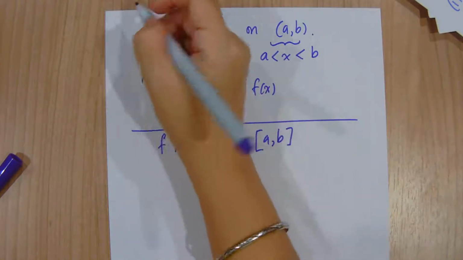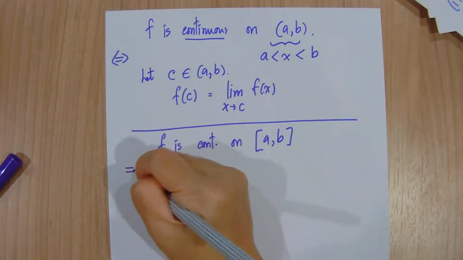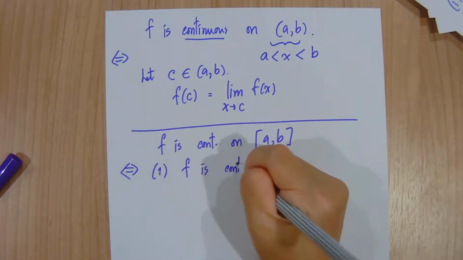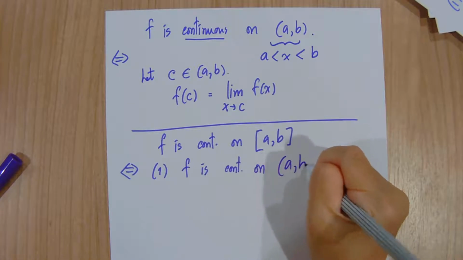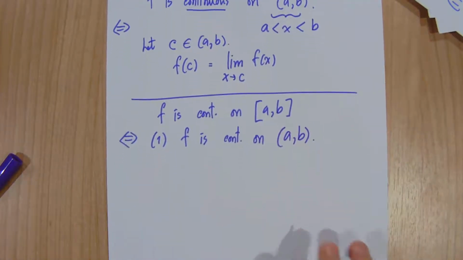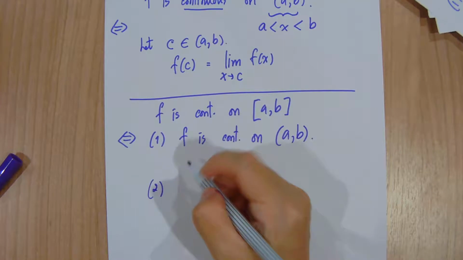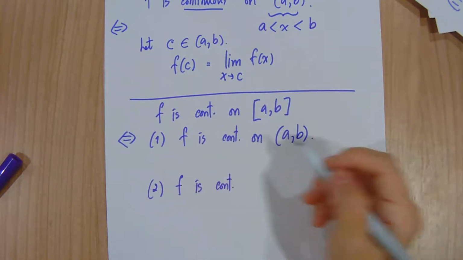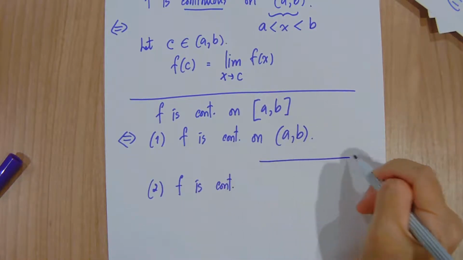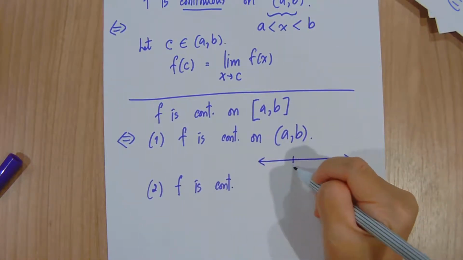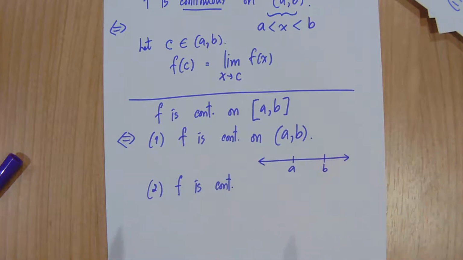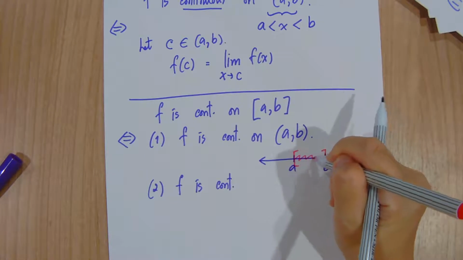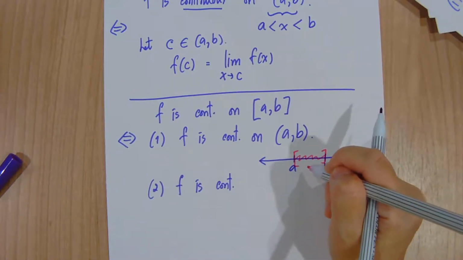You have to check three conditions. First, check whether f is continuous on the open interval. Second, check whether f is continuous. So we have the number and the open interval from a to b. That means that we have to find the